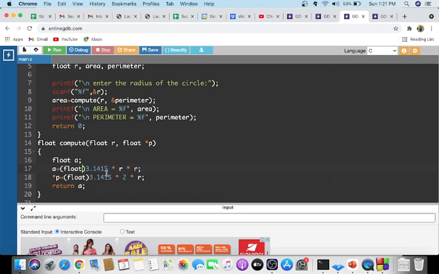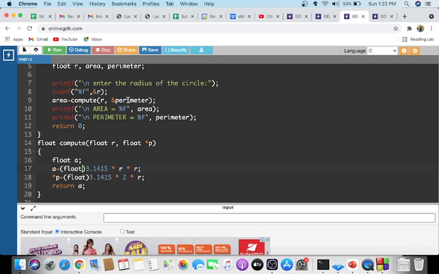Now you have a perimeter, and you have passed the address of this perimeter also. Star p means the value at that perimeter address, so the value of perimeter will be changed. You are calculating 2 pi r here. 2 pi r will be calculated, converted to a float value, and stored there.